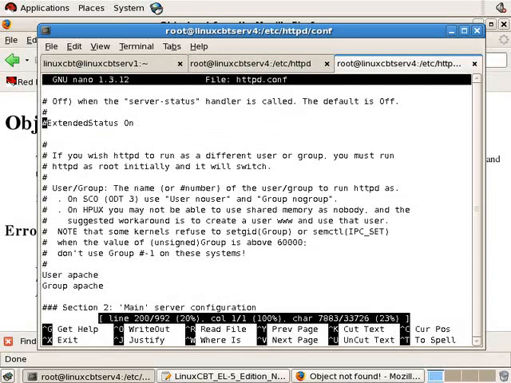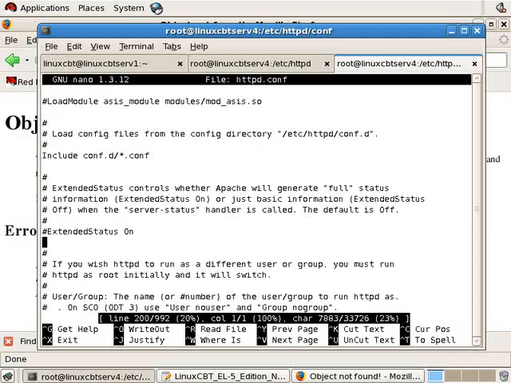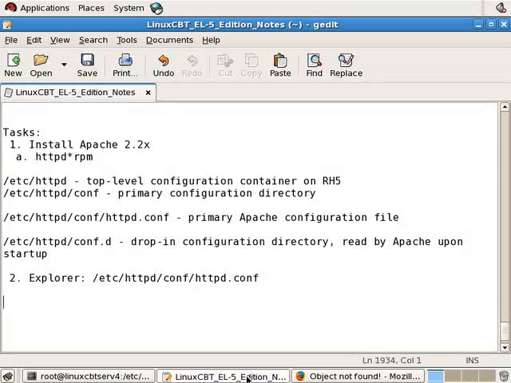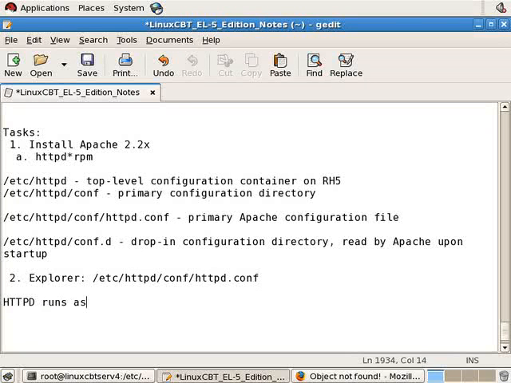Let's keep going. Whether or not server status information is enabled, it reveals more information than is necessary and is usually used for debugging. The user and group that Apache should run as: by default, the processes that handle inbound traffic run as the non-privileged user Apache and the non-privileged group Apache. So we're exploring it. We know that Apache runs as Apache, something to keep in mind. HTTPD runs as